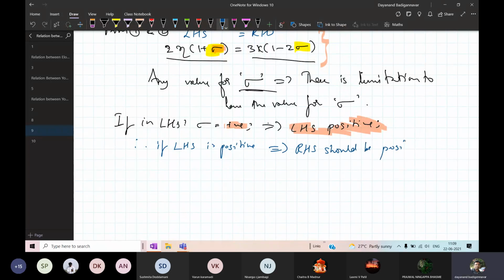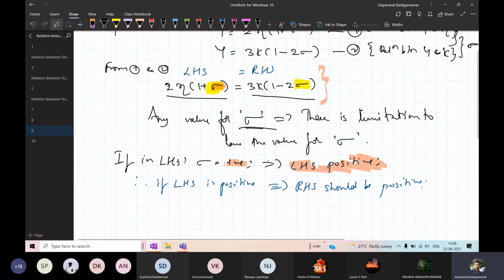Now, if you look at the value of RHS, it is positive not for all values, but only for some specific values. The value of RHS is positive if and only